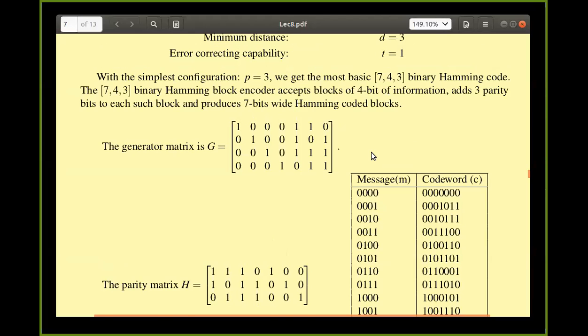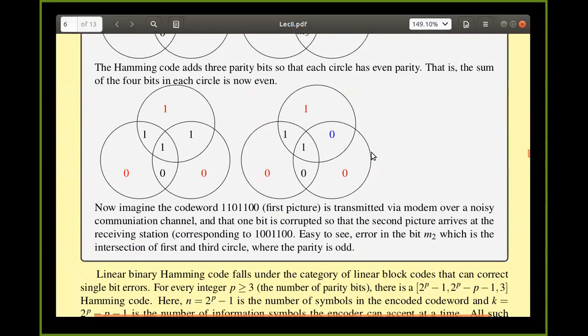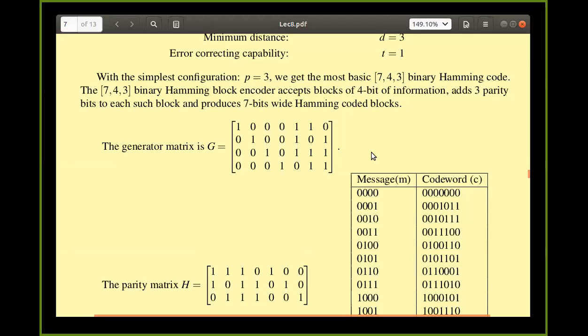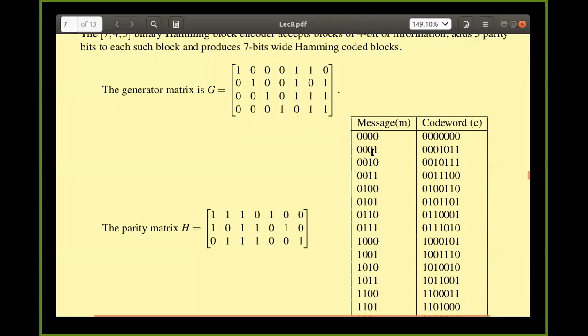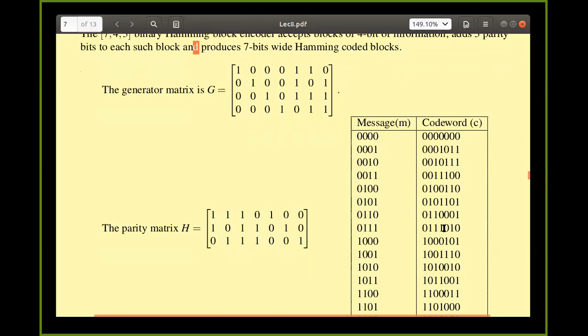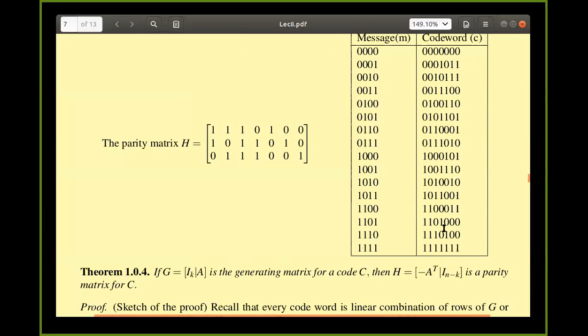In particular, this code is a little modification of the two-row basis. So the generator matrix for the (7,4,3) code is like this. I have given complete information here, but anyhow, he is going to explain it to you. The parity check matrix for this one is this. You can understand this, and if you have doubts, multiply 0, 0, 0 on this side, then 0, 0, 0 maps to this. So the message m and the code word, I have given a complete table here.